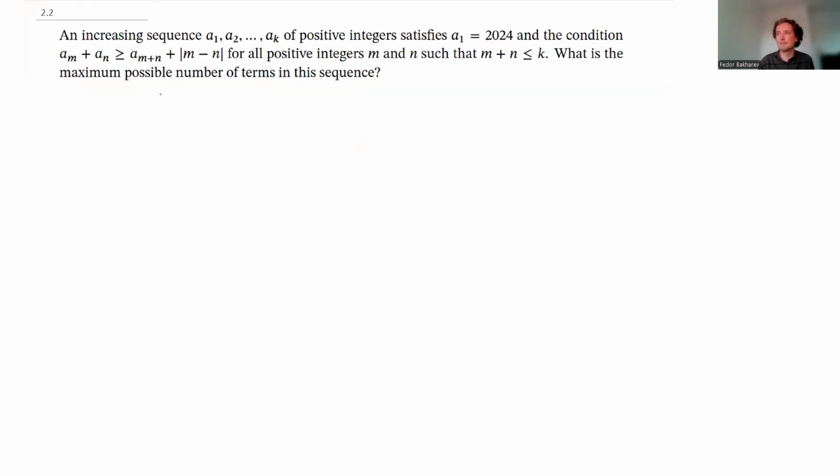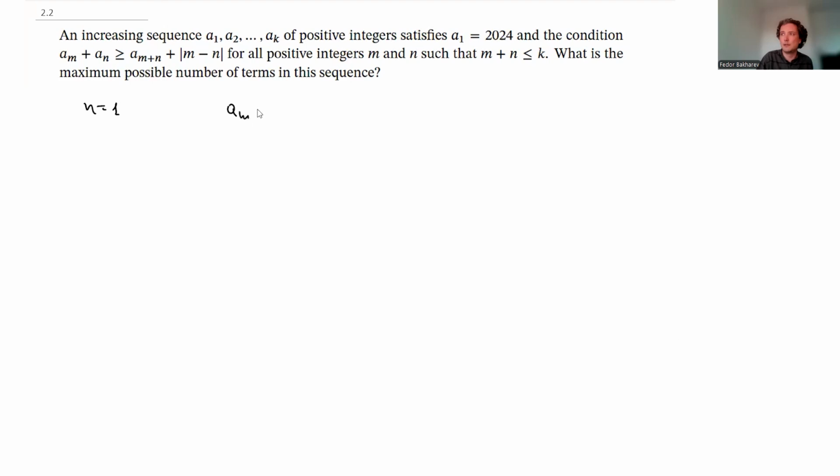It's very similar to problems about functions, like a functional equation, or in this case a functional inequality. One of the main ideas behind such problems is to try to test some concrete m's and n's in this inequality. In this case, of course, we could take, for example, n equal to 1, and we will